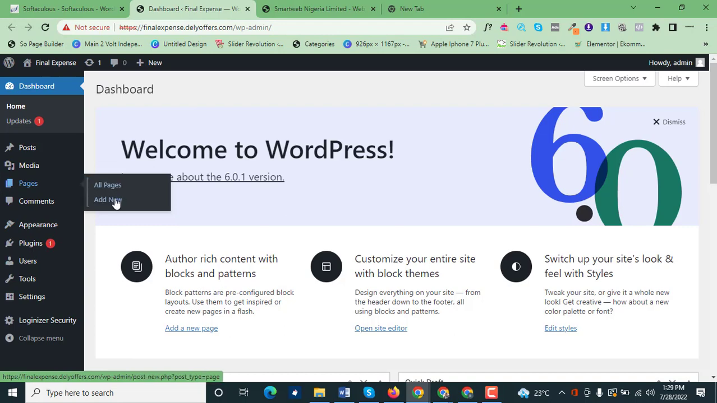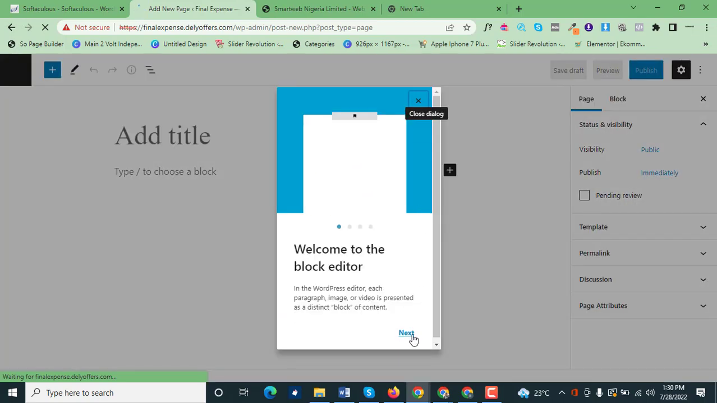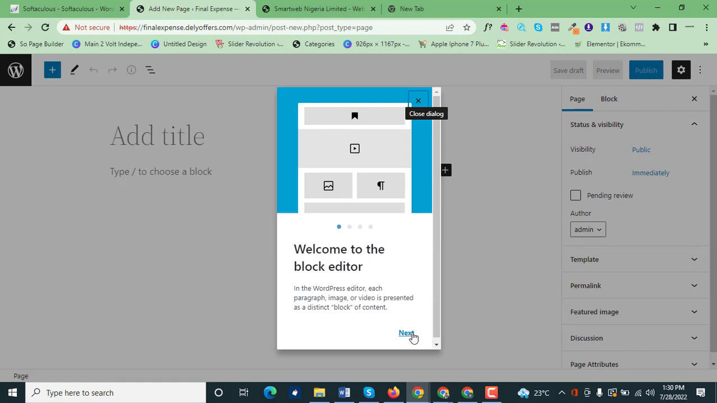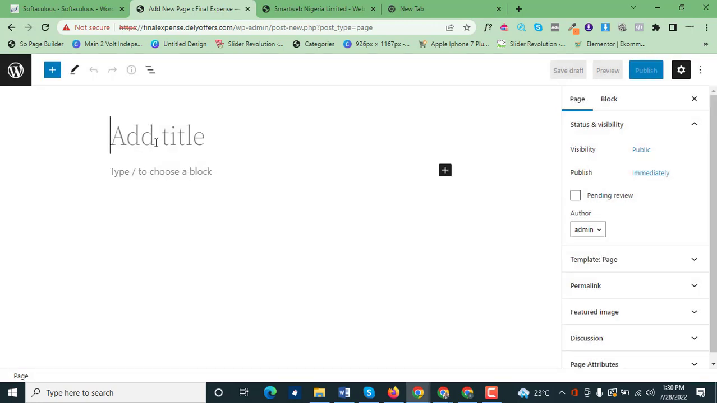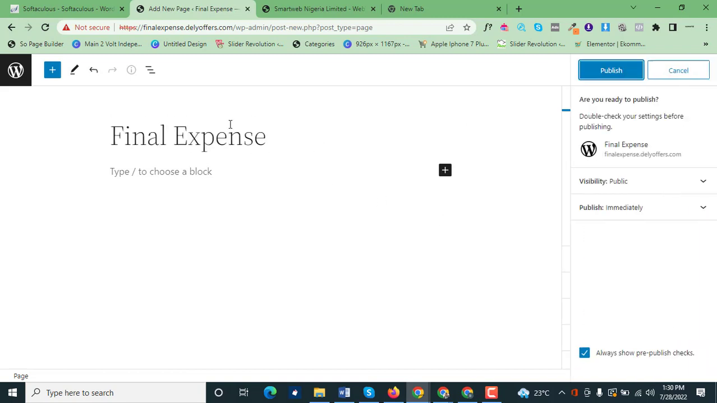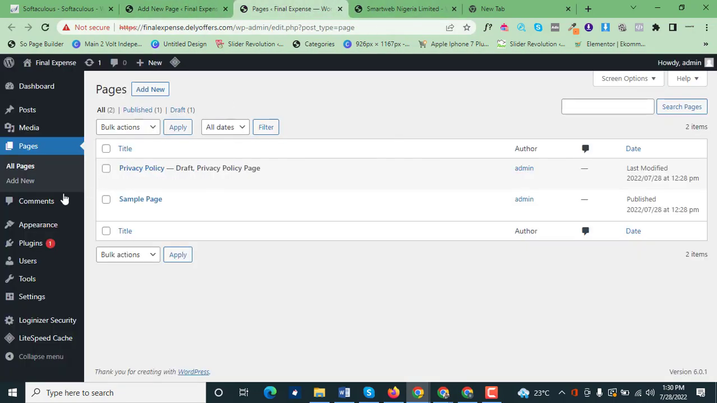So let's create the landing page now. Let's create a page. Let me call that page final expense. Firstly, let's quickly go back and add the plugin that we use in creating pages. I always prefer to use